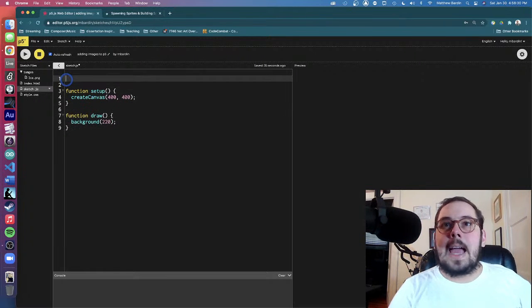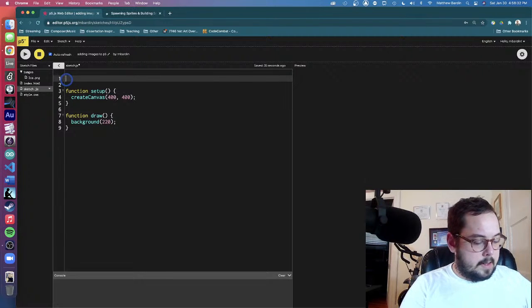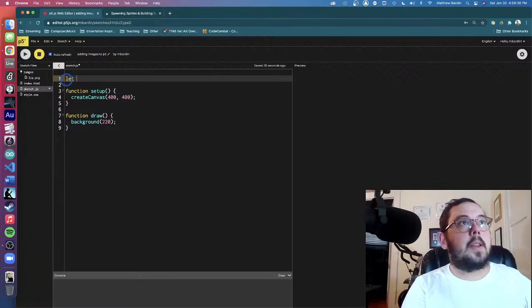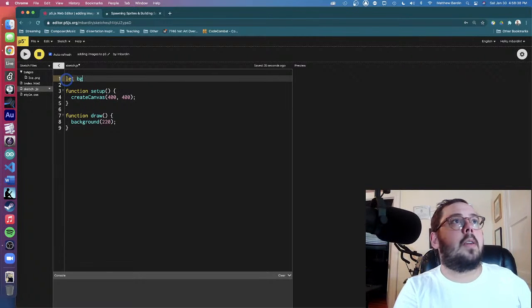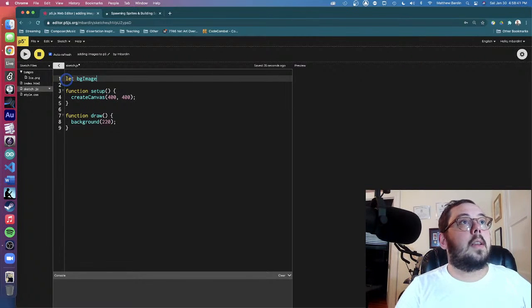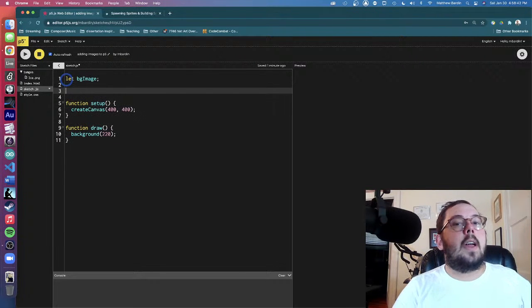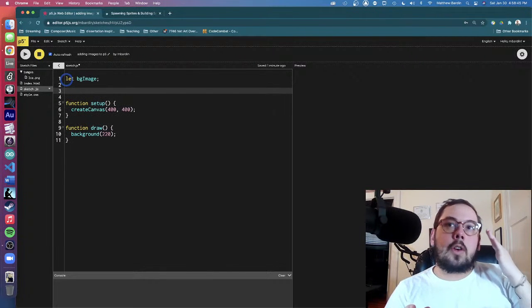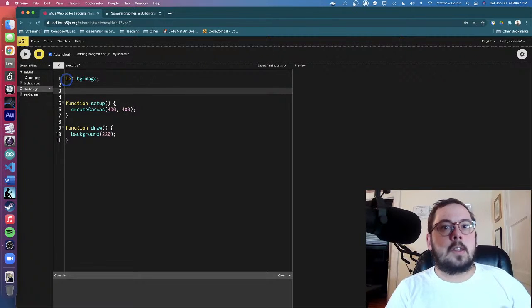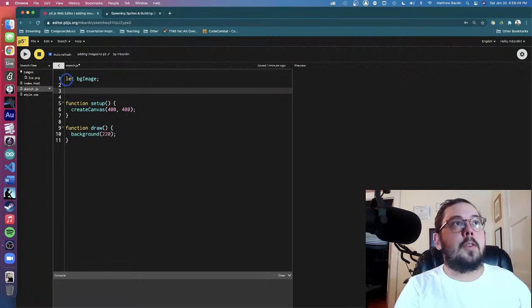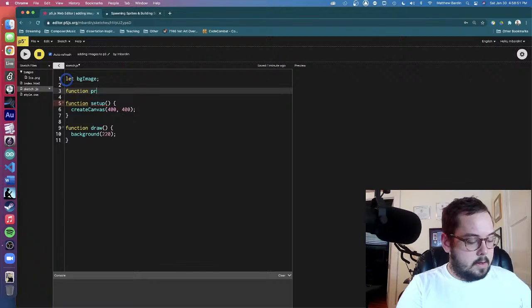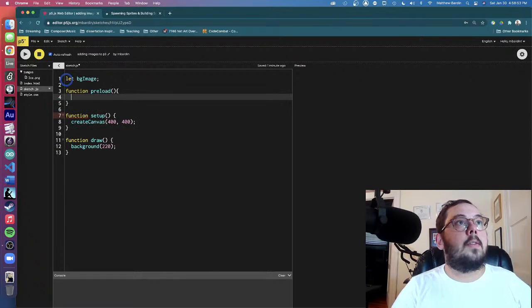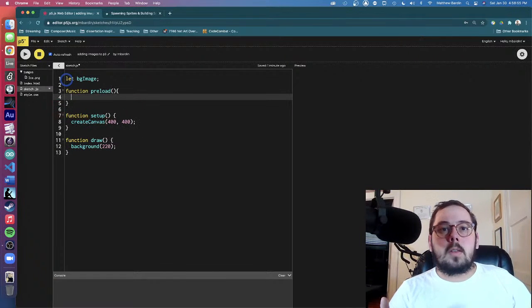So let's actually use this. I'm going to start by putting this on the background, like a background image here. If you've never loaded external files into P5, this is going to be something new for you, but I'm going to call a new function, preload. And what this function does, if you're not familiar with it, is it takes essentially any assets that you need,